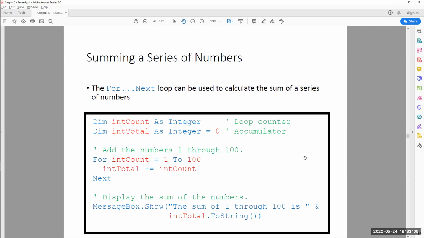Now this one is basically accumulating the total between 1 and 100. Right? You don't really need to use a loop for this one. There's a closed formula for it. What you're doing in here,